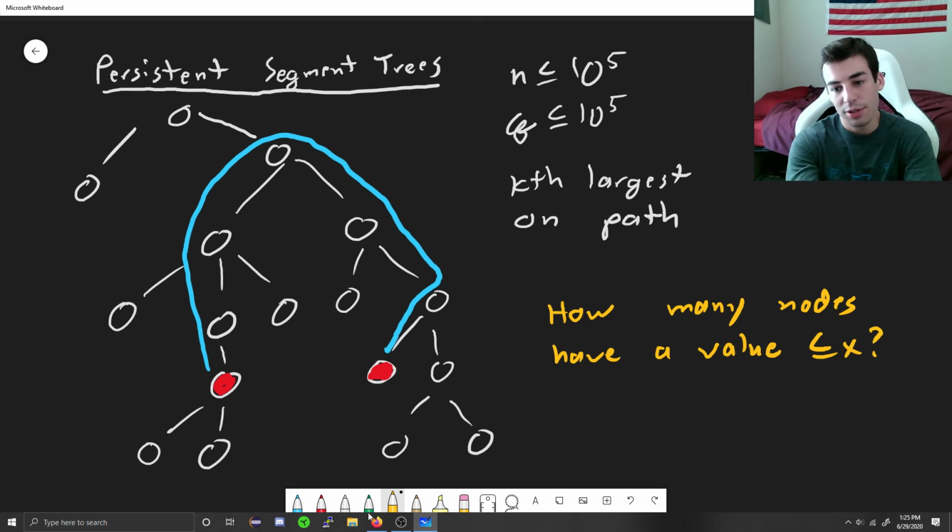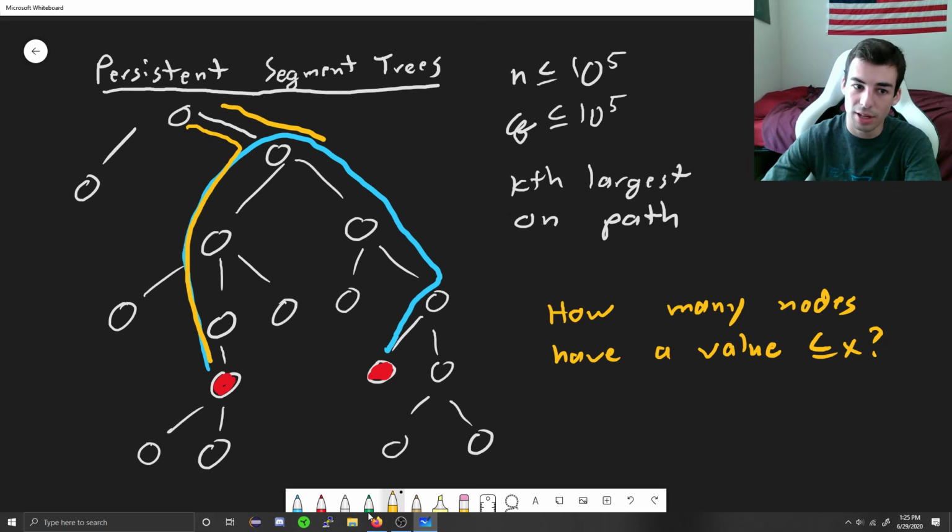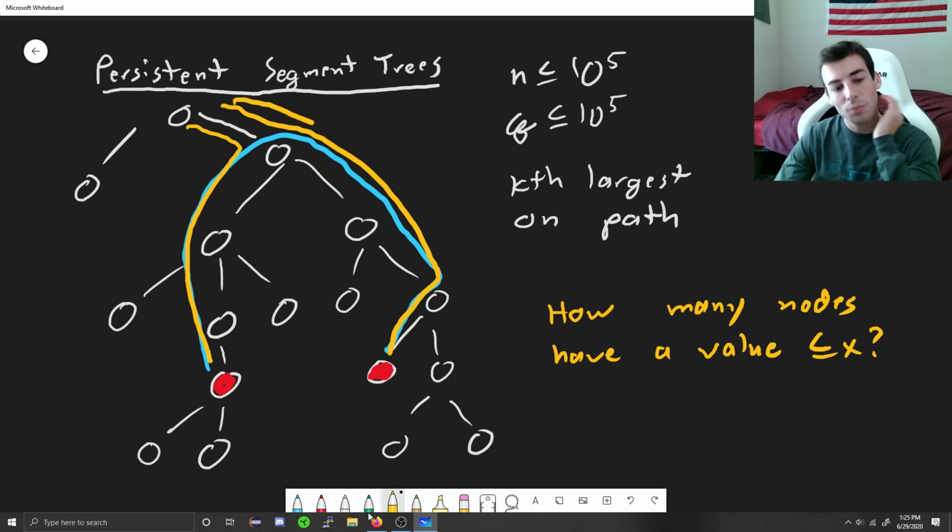And if we can answer this question effectively, then we can do a similar thing. So let's say we had some segment tree that represented the nodes on this path, and some other segment tree that represented the nodes on this path. And I guess some third segment tree that represented the nodes along just this path. Sorry, this should be this path here. Okay. So if we have these trees, what we can do is we can figure out how many nodes are